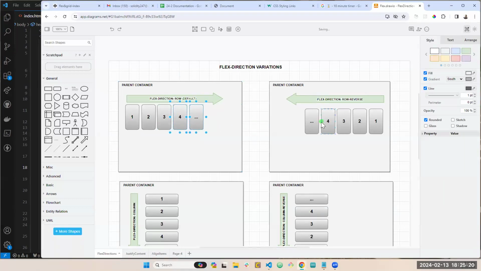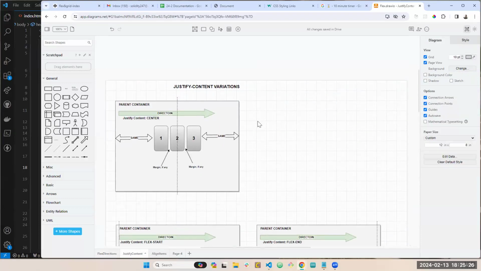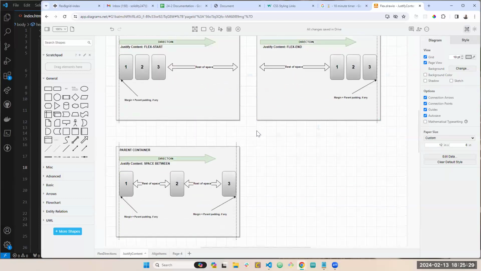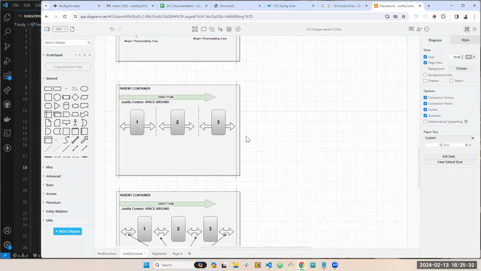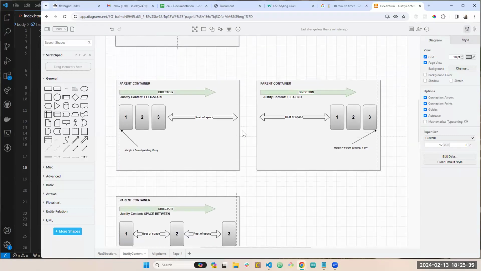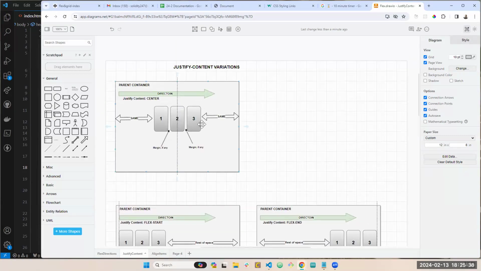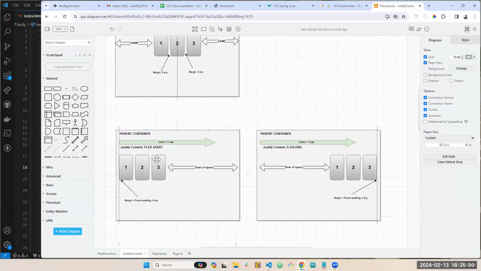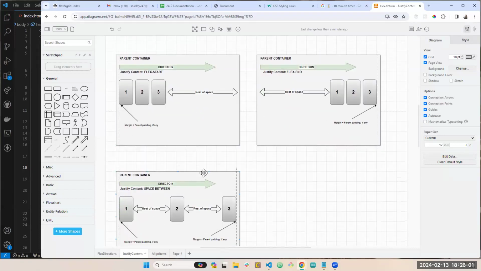And actually I added some other styles to this container. I justified content. So for better explanation, this is three main options, or maybe four or five. Justify content can have a few options. The first is center, when all elements squeeze together in the center with the same distance on the left and the right side. Flex start and flex end are similar. In flex start, they take the main direction and just put it like in the default version. And